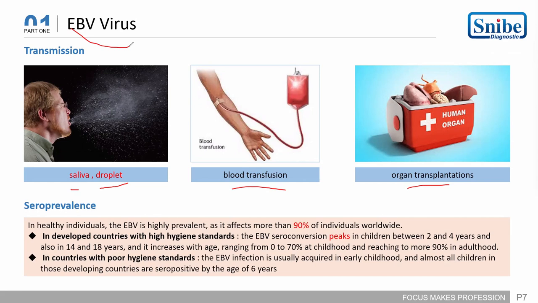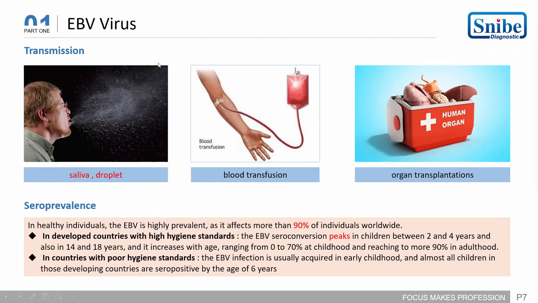The range is from 0 to 70% in childhood, reaching more than 90% in adulthood. In countries with poor hygiene standards, EBV infection is usually acquired in childhood, and almost all children in developing countries are seropositive by the age of 6 years. So this is about the transmission and the